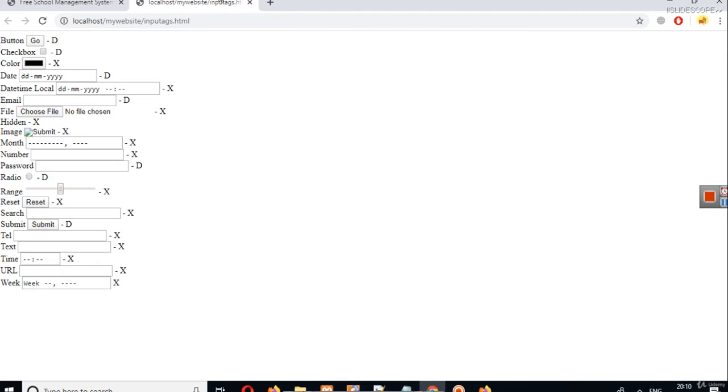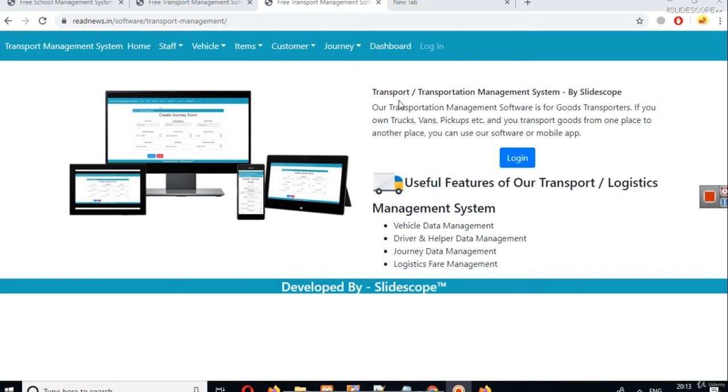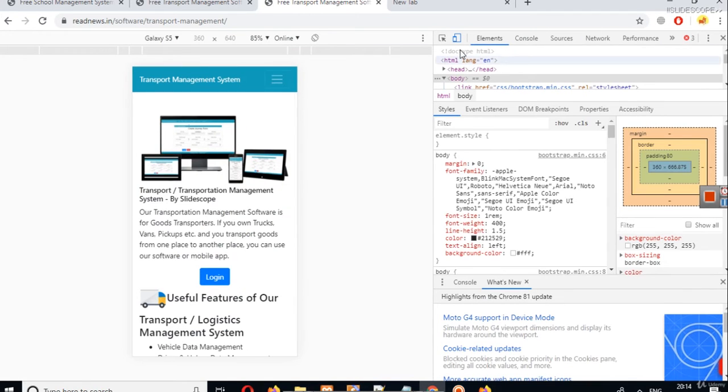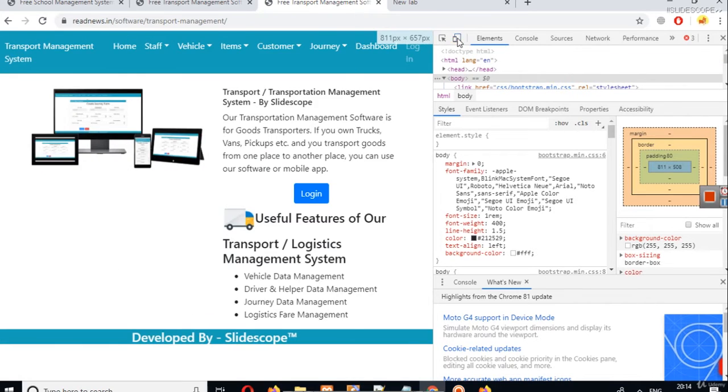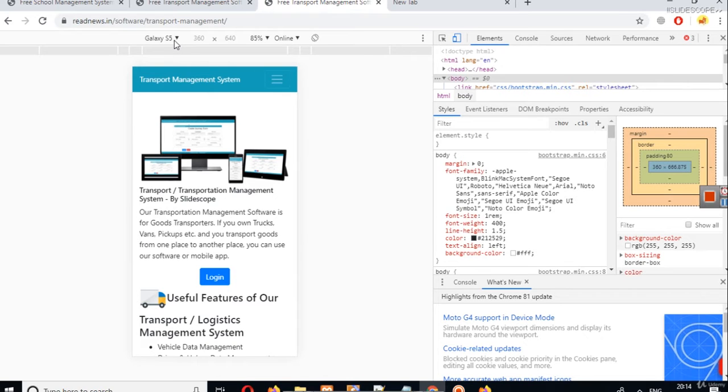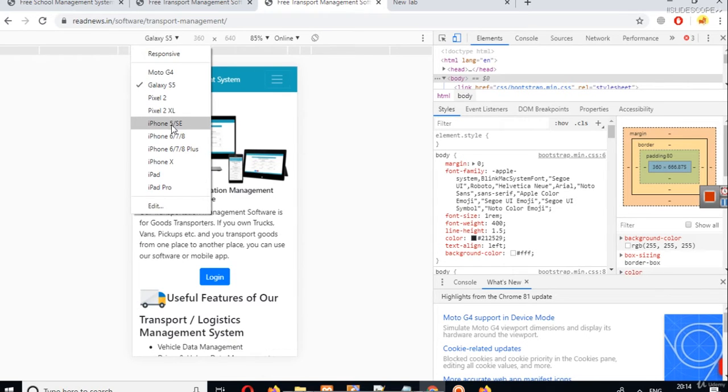You can go to many websites that we have created, and in most websites, even basic ones, this works. So this is a transport management system homepage. This is a really basic application for transporters. If you want to resize it, press Ctrl Shift and I, and by clicking on this toggle device toolbar, I can select any device, let's say iPhone 5.